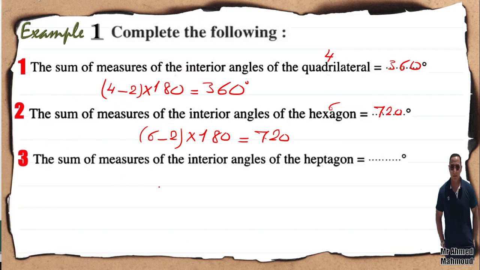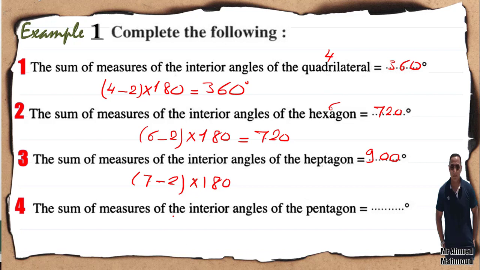Number 3, a heptagon. Heptagon means 7, so it is (7 minus 2) times 180 equals 900 degrees. Number 4, a pentagon. Pentagon means 5, so it is 5 minus 2 times 180 equals 540